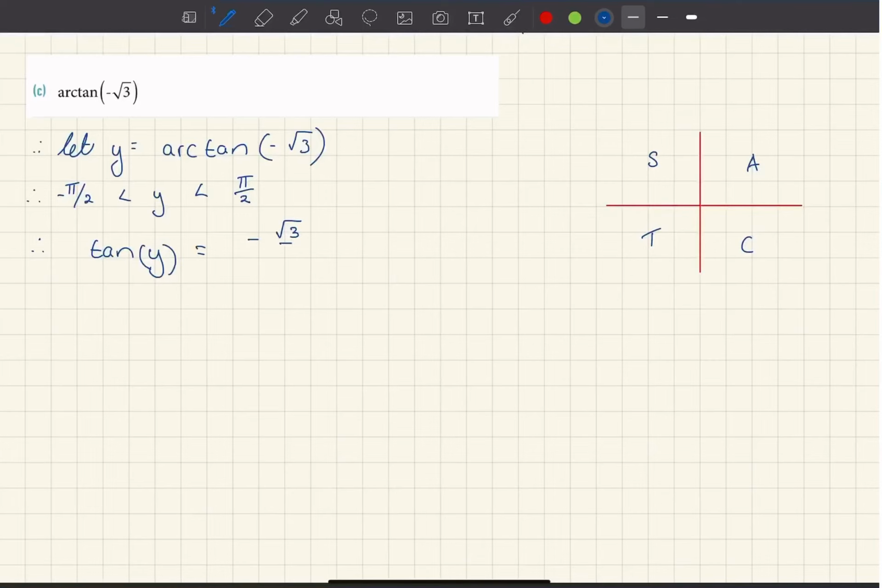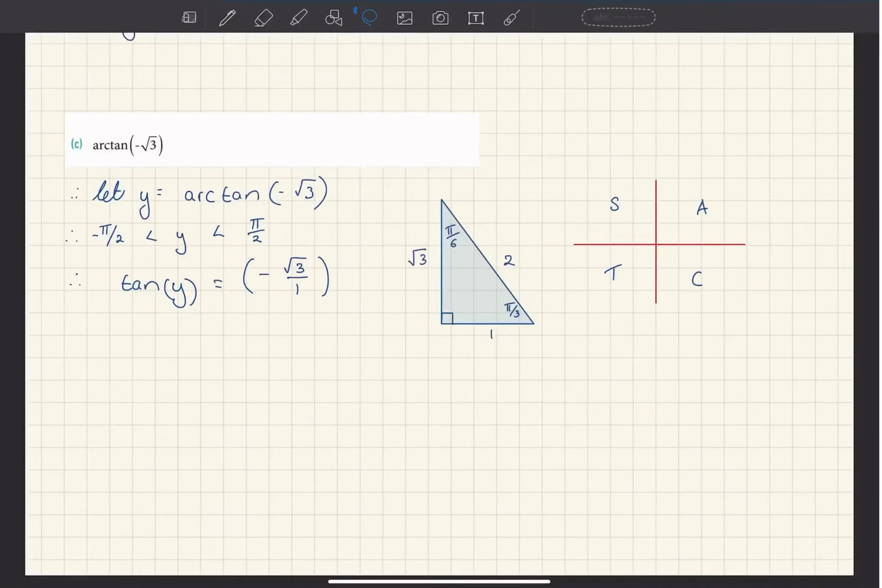You might as well put this on 1 to make it simpler for yourself. I'm looking for the angle where opposite over adjacent is root 3 on 1. So which one am I dealing with? I'm dealing with pi on 3. Okay, so I'm dealing with pi on 3, so therefore y equals pi on 3, but now I need to figure out,